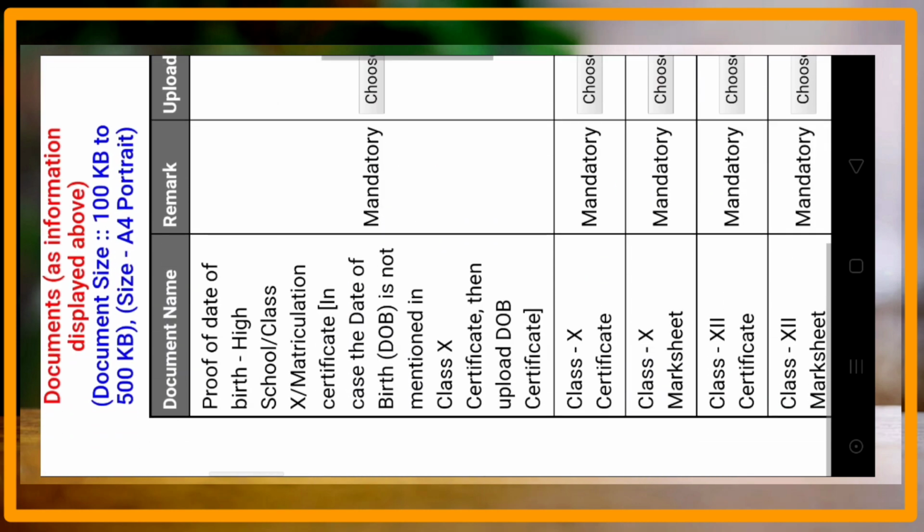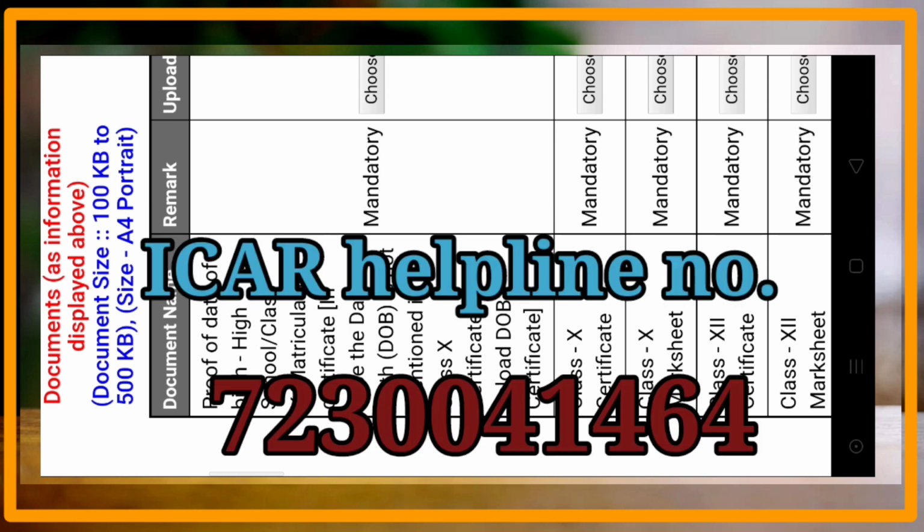The next one is class 10th certificate and class 10th mark sheets. And this is the doubt which has been raised by many of our friends. Here you have to be clear that the class 10 certificate or the class 10th mark sheet is the same. We have even line number. So they have said us to apply the same 10th class mark sheet. So without any problem, you can apply it.